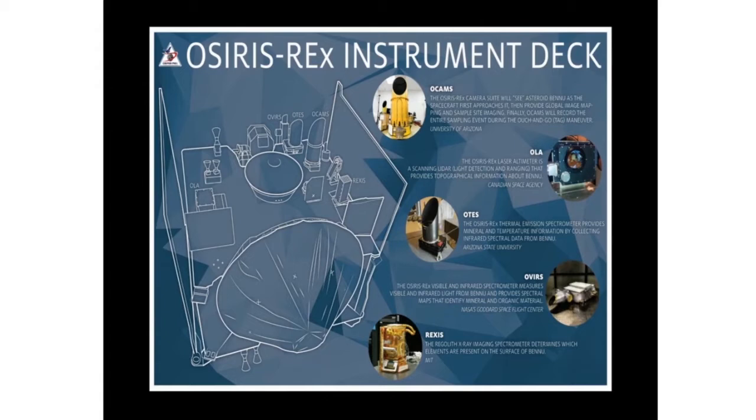Then we have OVIRS, the visible and infrared spectrometer. This is a spectrometer similar to the VIRTIS one on board the Rosetta spacecraft, but of course this one is an American one, and it analyzes the surface in the visible and near infrared part of the spectrum. And then we have REXIS, which is an instrument that was observing the surface in the